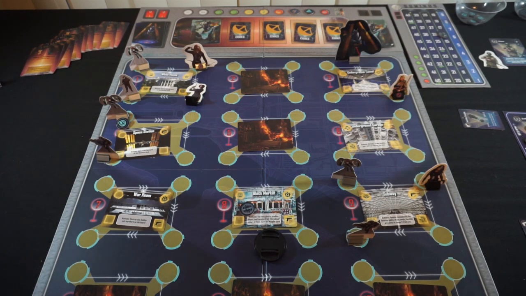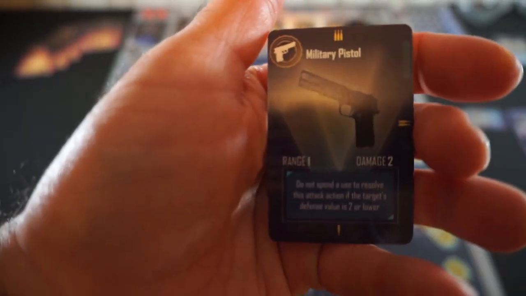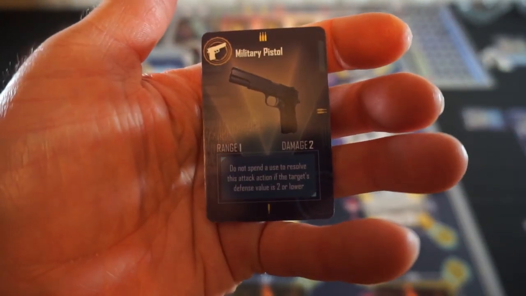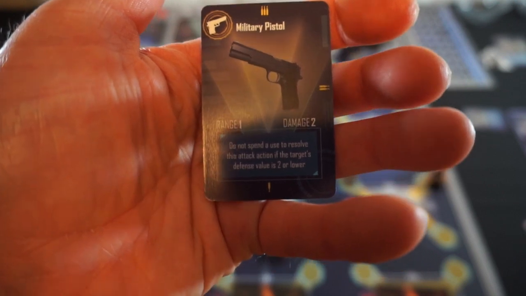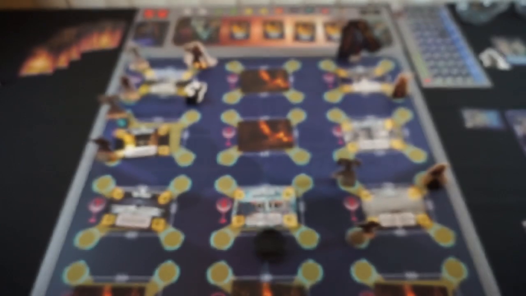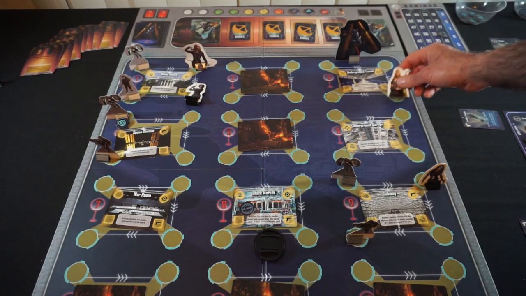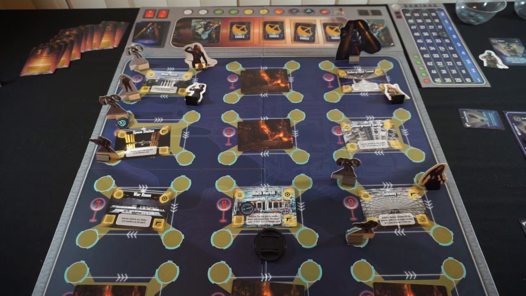So this will go into the med team's hand, so they will find a military pistol, range of 1, 2 damage. Don't spend a use to resolve this attack action if the target's defense value is 2 or lower. Alright, so that's in hand for them. The underground garage is all clear now. What's Morgan doing? I think Morgan is going to...